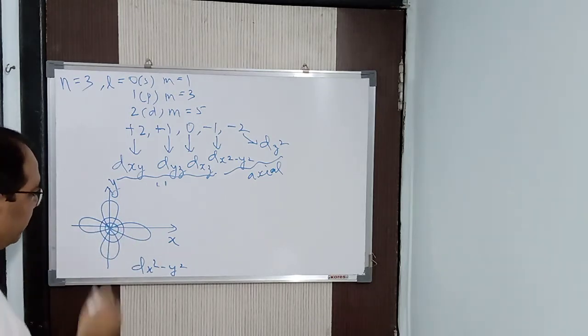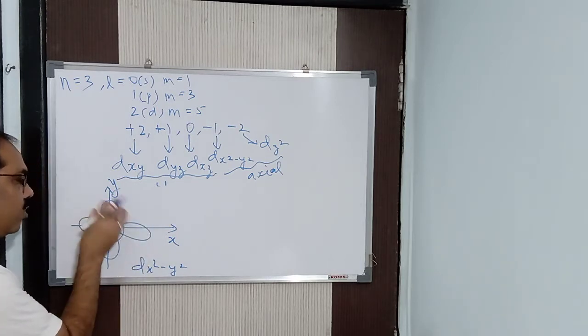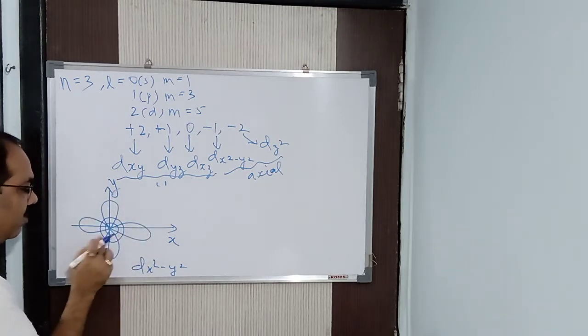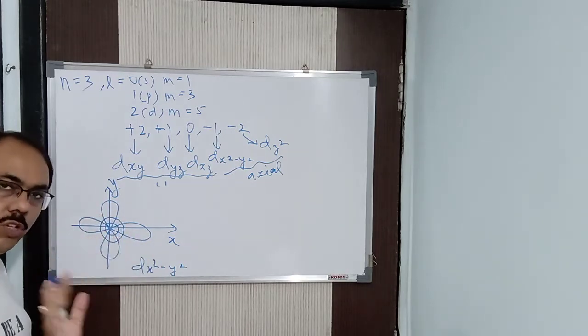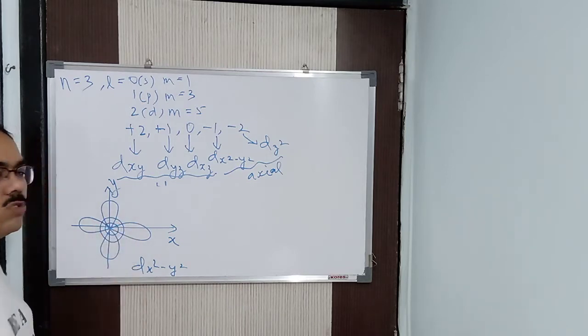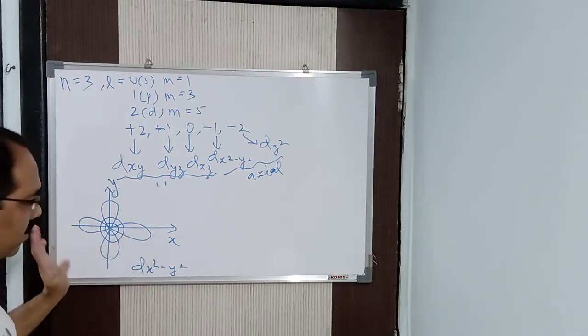Understood what I said? Dx square y square means another x orbital overlaps over x and y orbital overlaps over y. So diagrammatically, what do I need to draw? I will draw another line. Will you come to know? No. For that reason I am drawing two circles. Two circles means twice. So it is x square y square. It is lying over the axis, and this is axial.